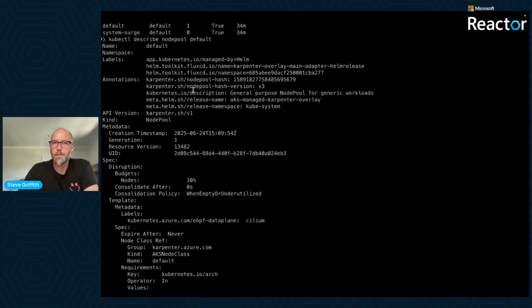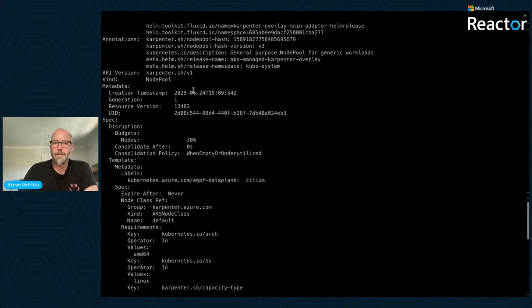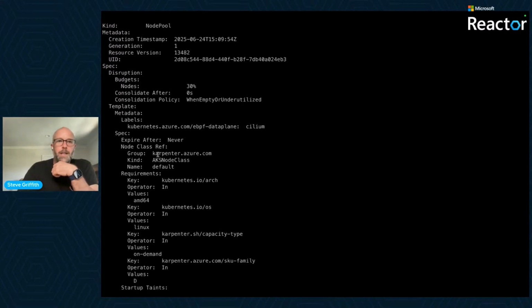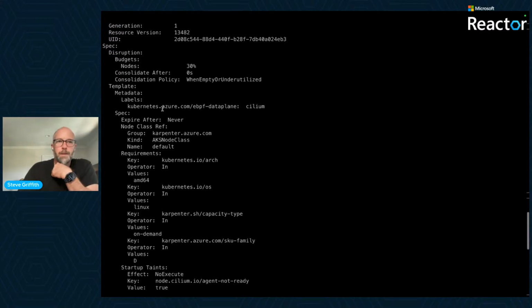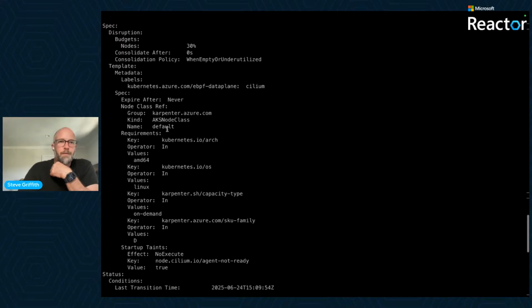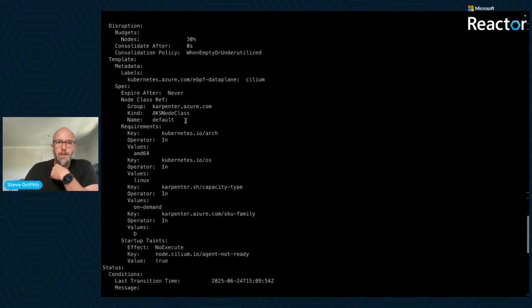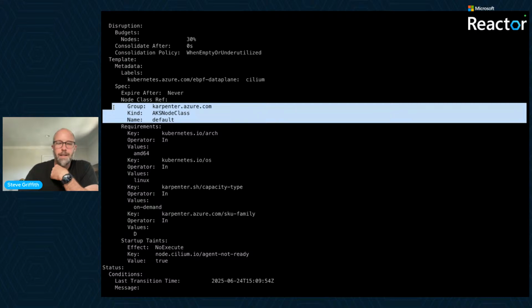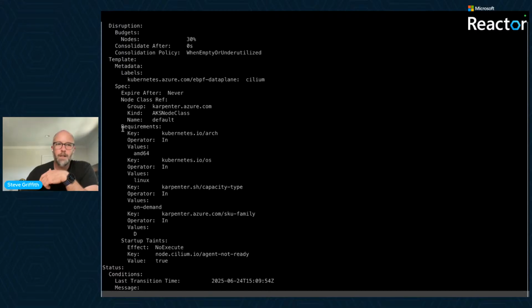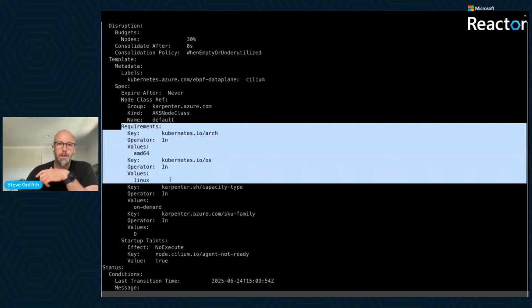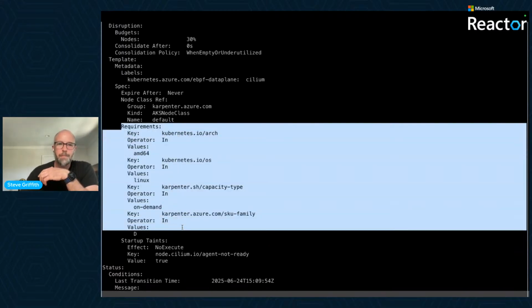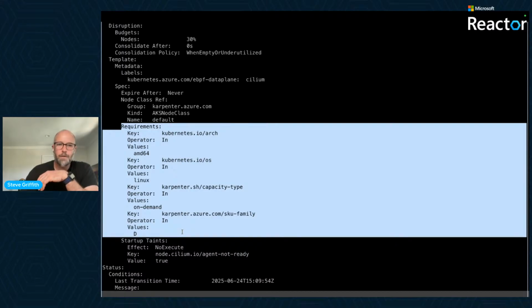There's also a system surge pool. You can imagine what that's for, system resources. But this is the default one that will get applied. So you can see here some of the configurations you want on there. What's the specification? Here's the node class that it used, right? So that default node class, which triggered an Ubuntu node, right, with an OS disk size of 128. We saw all these things, the AMD architecture, Linux is the OS, on-demand type, the SKU family, all of this stuff effectively drove